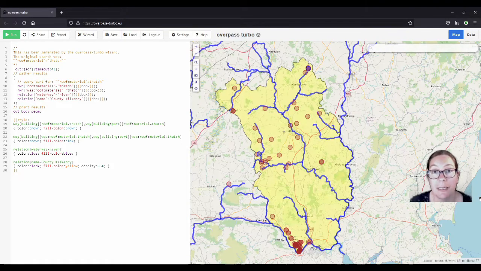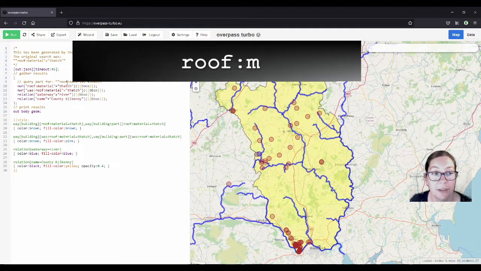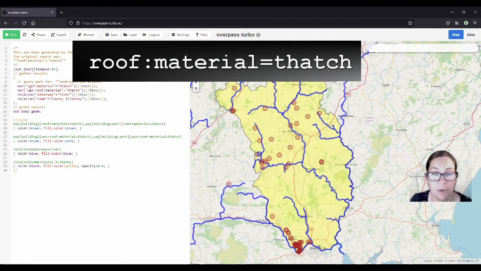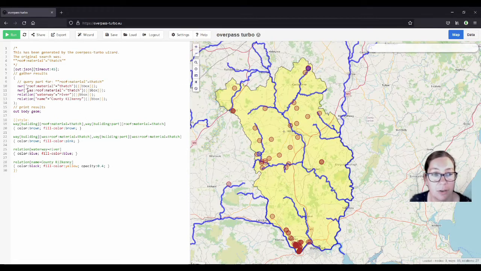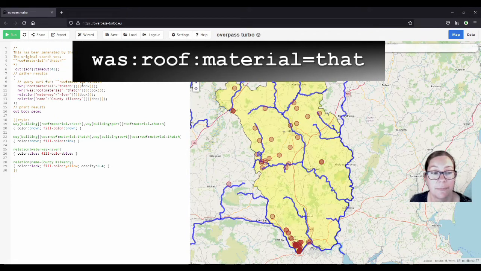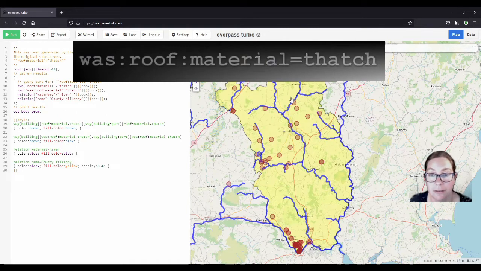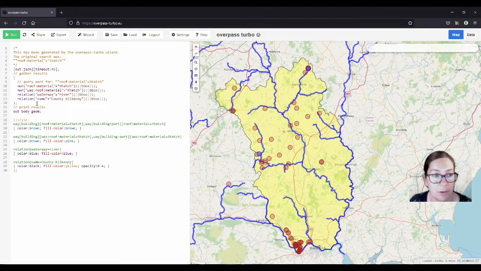So here we have a map that I created using Overpass Turbo, and I looked for roof:material=thatch, and then I have added to some of them where I had found out it was roof:material=thatch. And the reverse, because I think that is important. I'll talk about that in a second. And then I'm only looking in County Kilkenny, or I marked where County Kilkenny is because that is the focus of my study, if you want to call it that.